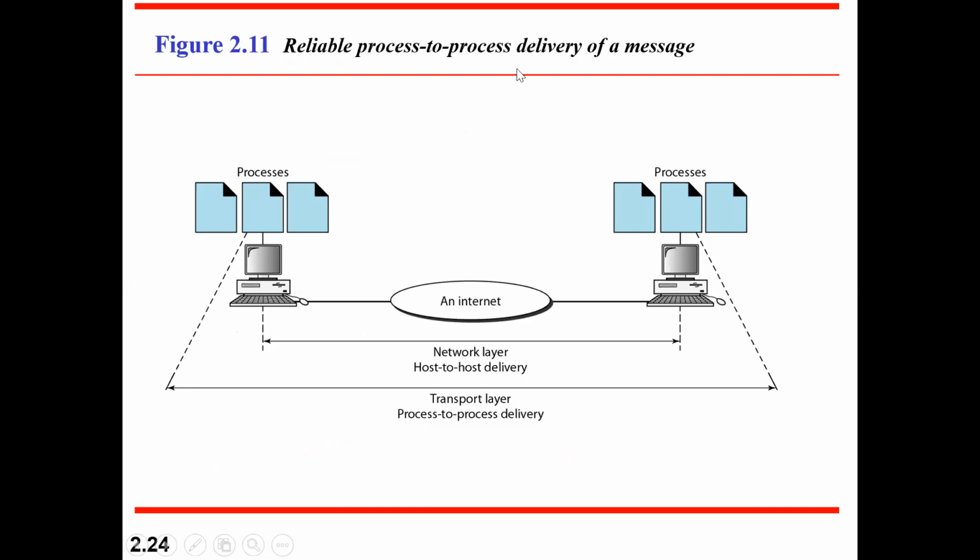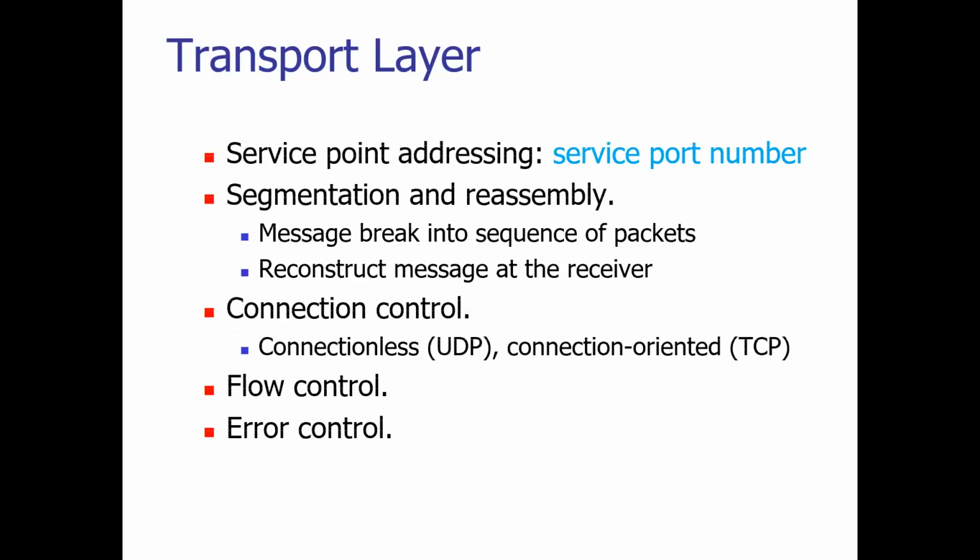Reliable. It is reliable process to process delivery of a message: transportation. Keep that in mind. Network layer, host to host delivery. Transportation layer, another characteristic we'll just see is service point addressing. Addressing plays a vital role because based on that particular address only I can enter from the session layer. The session layer will be opening the door based on that particular address itself. Which type of service? Whether you are streaming, whether you are connection oriented or connectionless, depending on that,